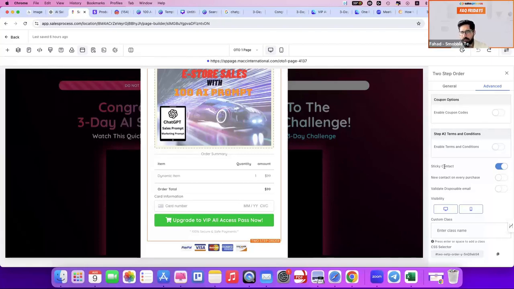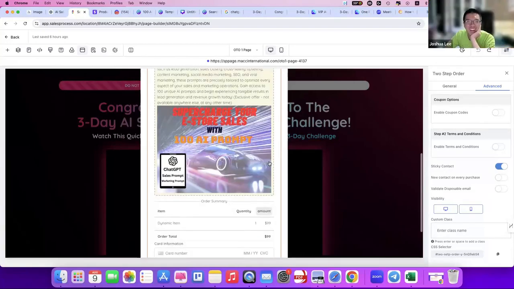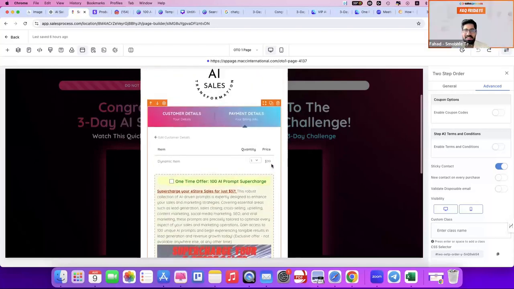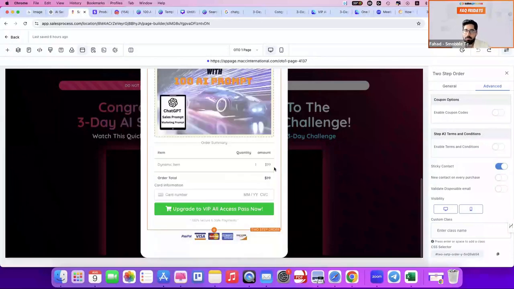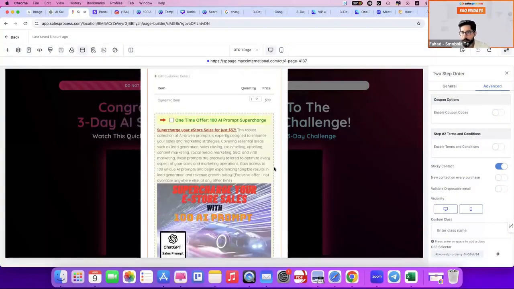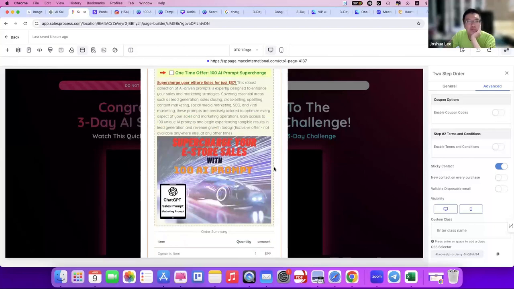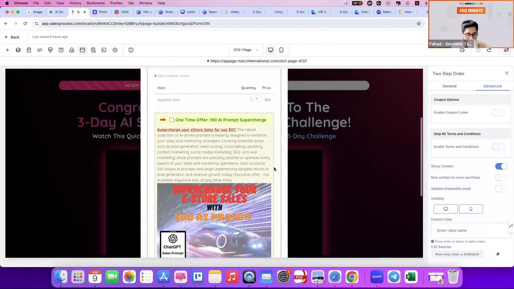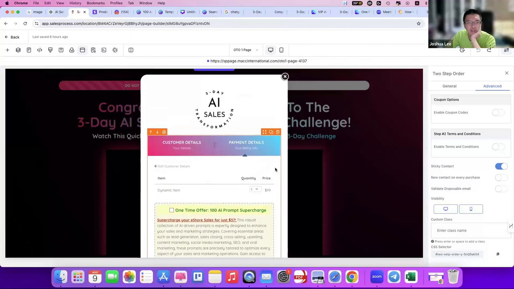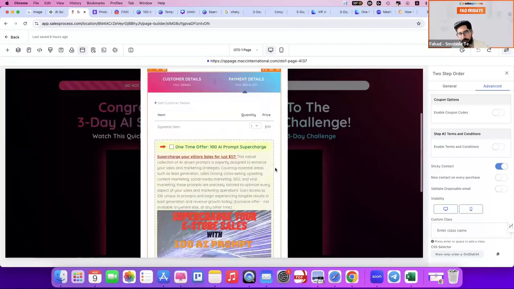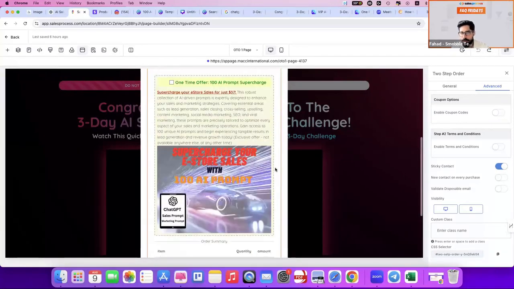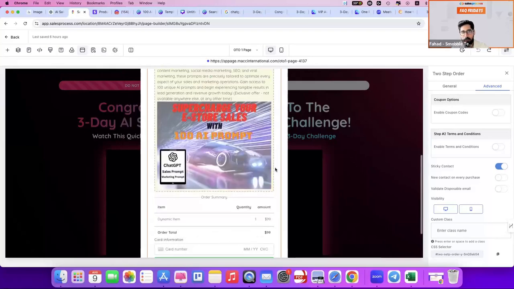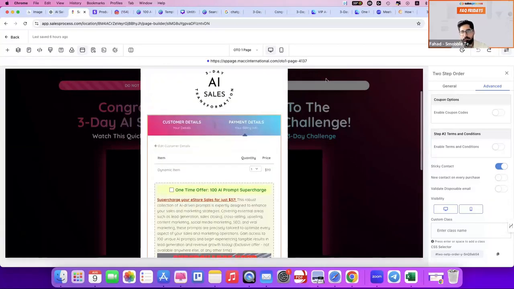And do you have any terms and conditions that you want to add? No, do I need to? I don't have any T&C for now. If you have any refund policies, then you can add it. Otherwise, you don't need to. Or if you're offering any coupon codes, not for now. That's fine. If you plan on doing that, you can just come here and add that. Apart from that, your two-step order looks completely fine,